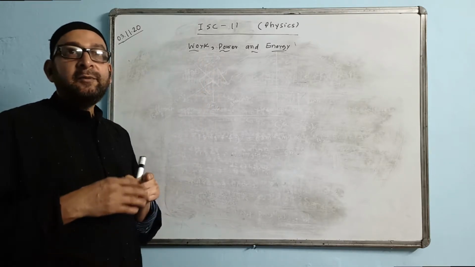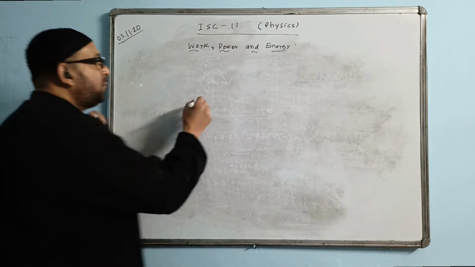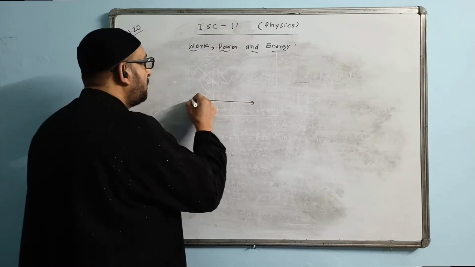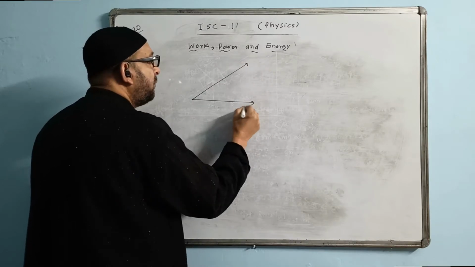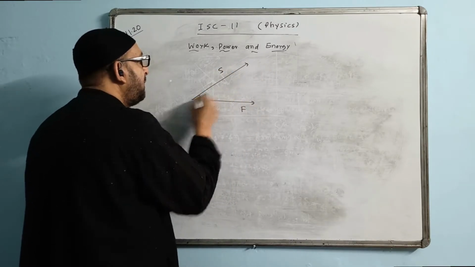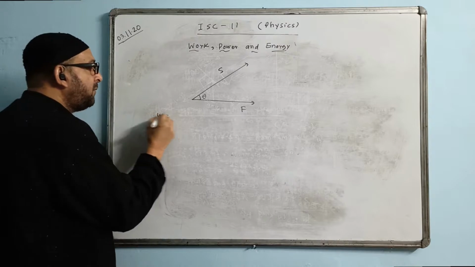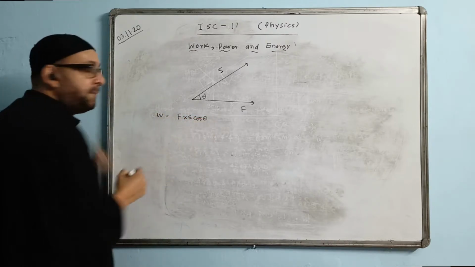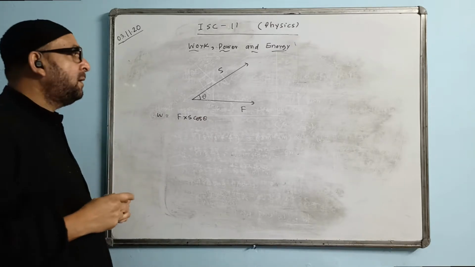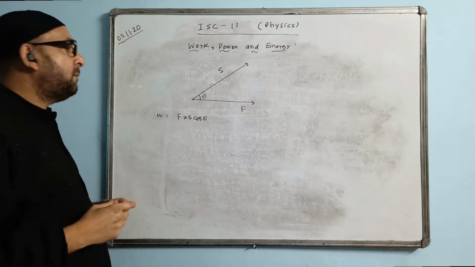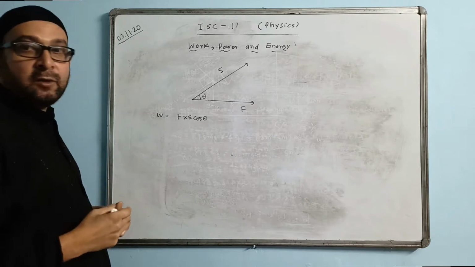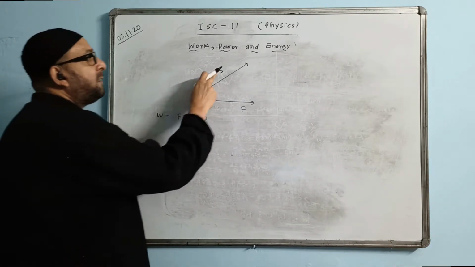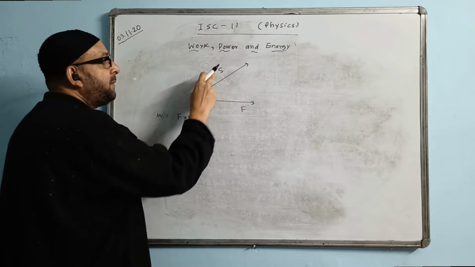When there is an angle between force and displacement, in class 10 we used to do that. Suppose this is force, this is displacement, this is angle theta. What is the value of work done? The value of work done we used to take F into S cos theta. Fs cos theta. Now you can understand better why we used to take S cos theta. Displacement is vector, F also vector. This displacement, break it into two components.